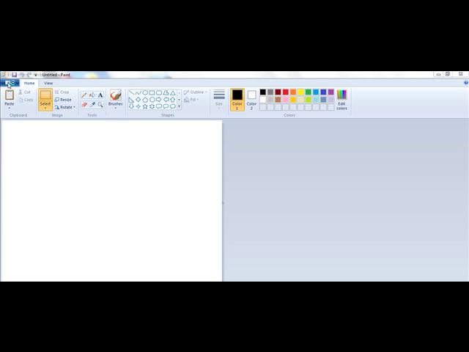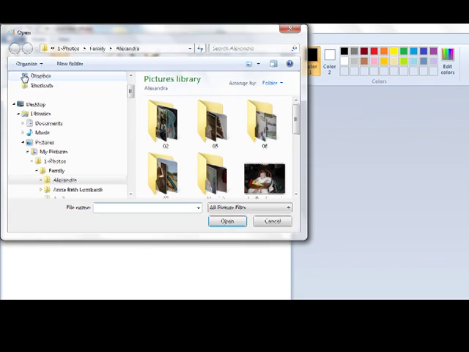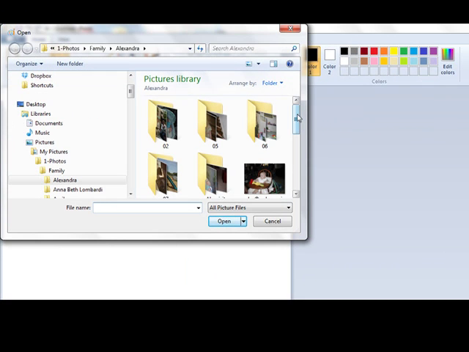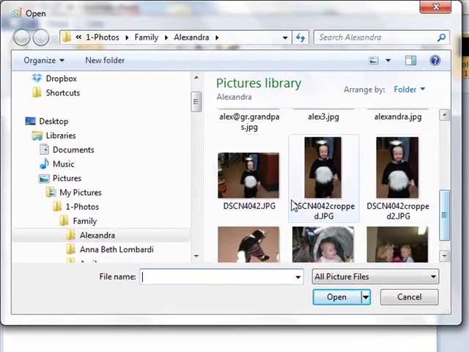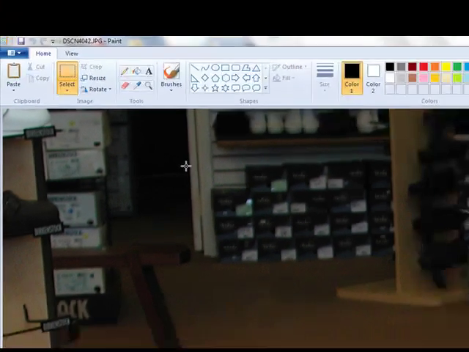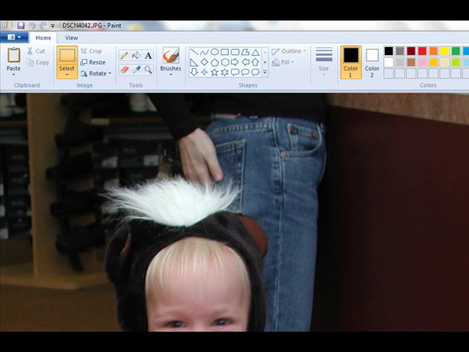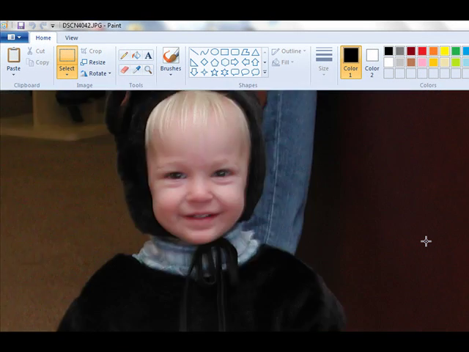So here we are in Paint, and I'm going to pick a photograph that is in my computer to open. It's one of my great-granddaughter, and it is a photo which you can see when the pop-up comes up that it's a little over 1 megabyte. And if I open that by double-clicking on it, you can see that the photograph really is much bigger than it needs to be